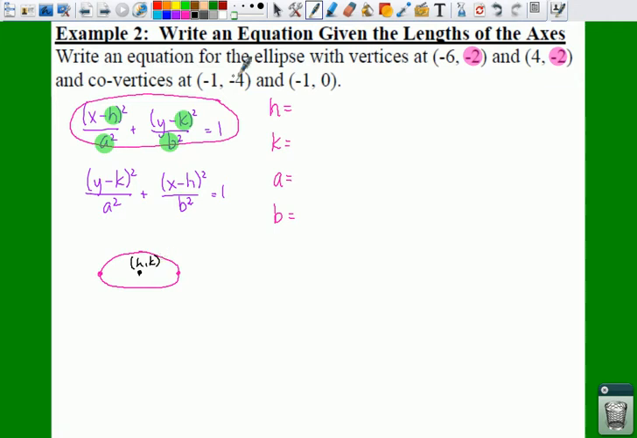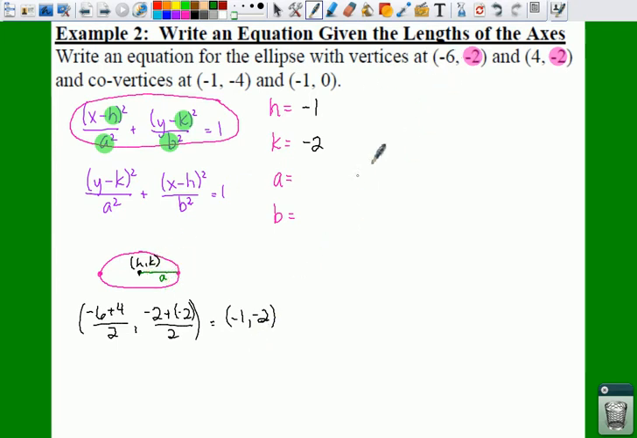So if we find the midpoint of (-6, -2) and (4, -2), we're going to say -6 plus 4 all divided by 2, comma, -2 plus -2 all divided by 2. That gives us (-1, -2). So -1 is your h, and k is -2. Now to find a, it is the distance from your center out to one of your major vertices. This is your a value. To find your a, you could use the distance formula from your (h, k) out to one of your vertices,